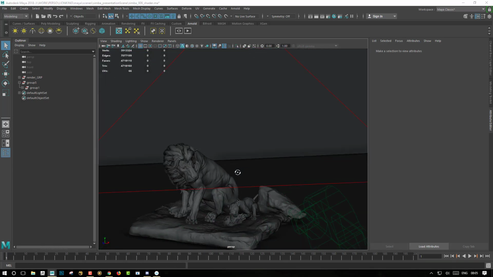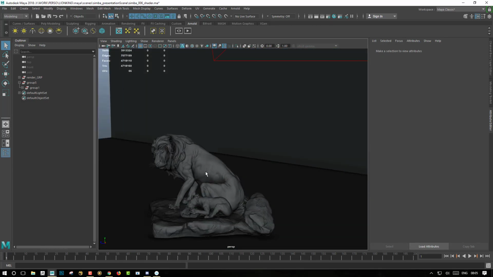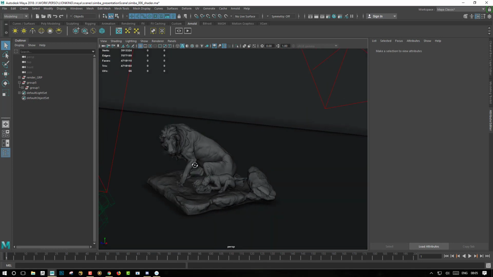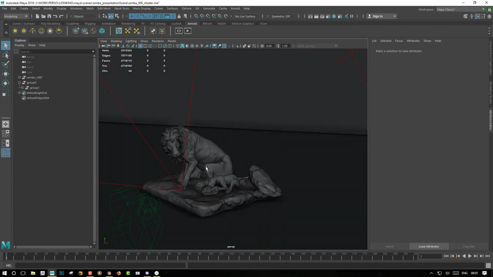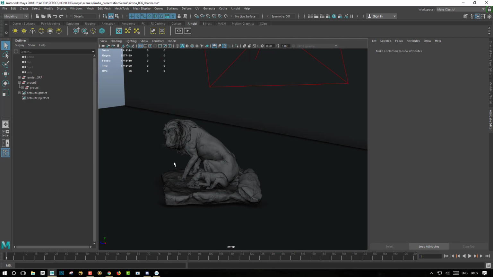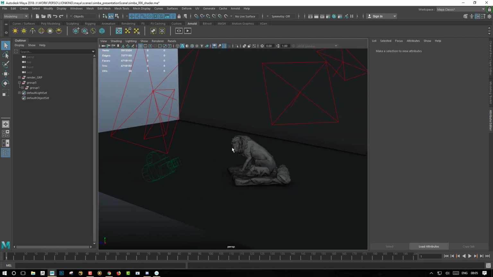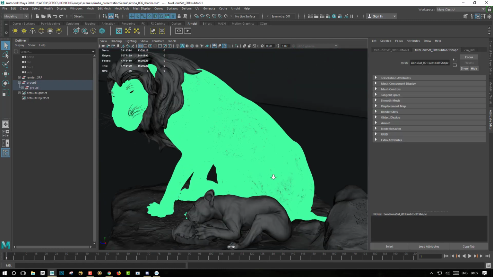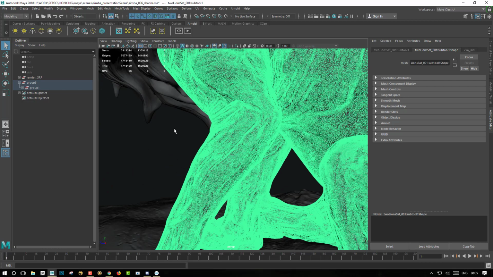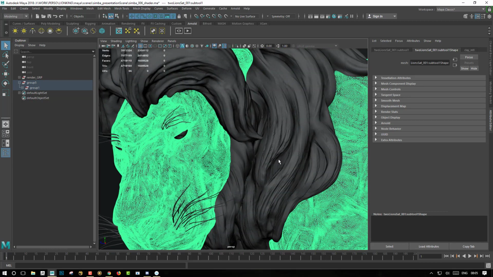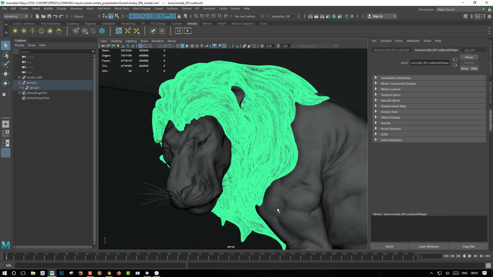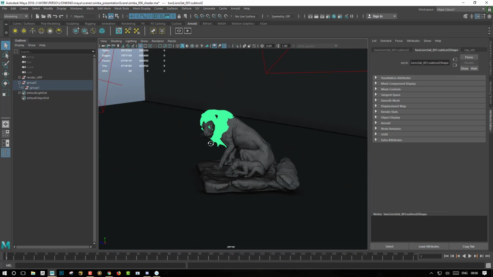You can see that I can move quickly in my viewport. Having all the polygons in Maya will always be easier for you than using a displacement map. But anyway, this is the decimation of my model. I have all the information here, every part has been decimated, so I will be able to work on a shader.